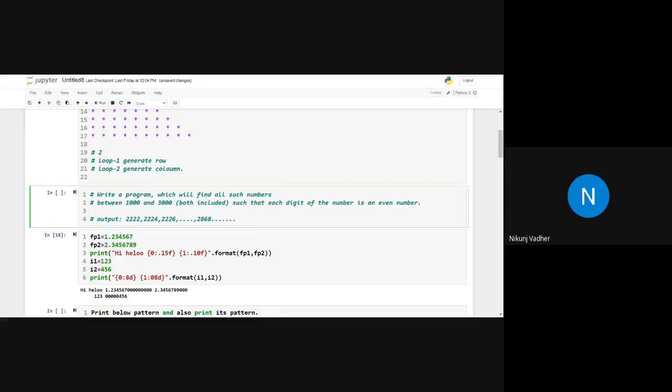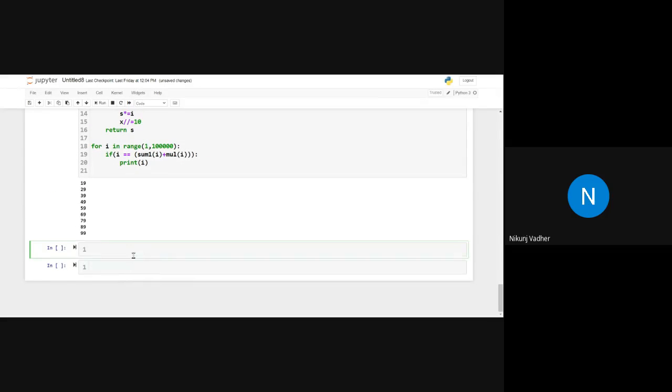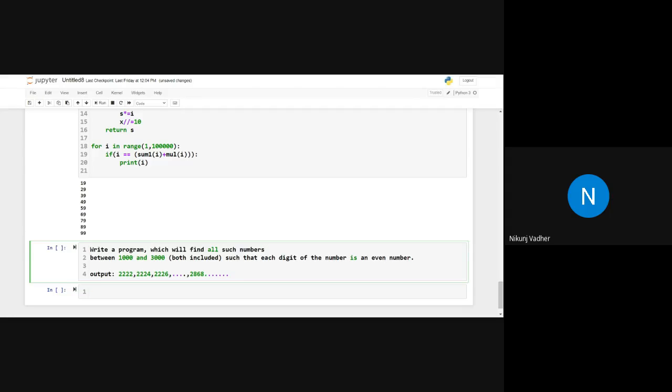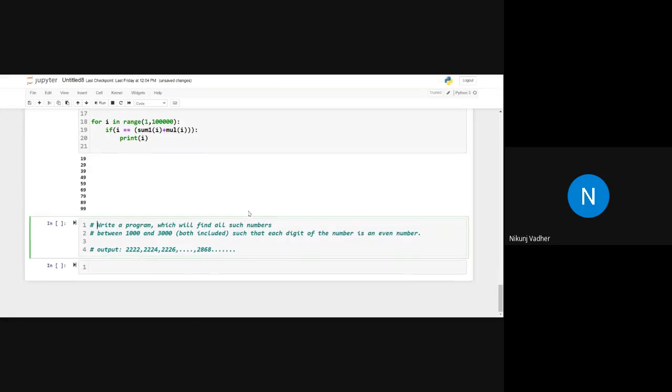So your next problem definition. Let me add a few more cells. Write a program which will find all the numbers between 1000 and 3000, both included, such that each digit of the number is an even number.